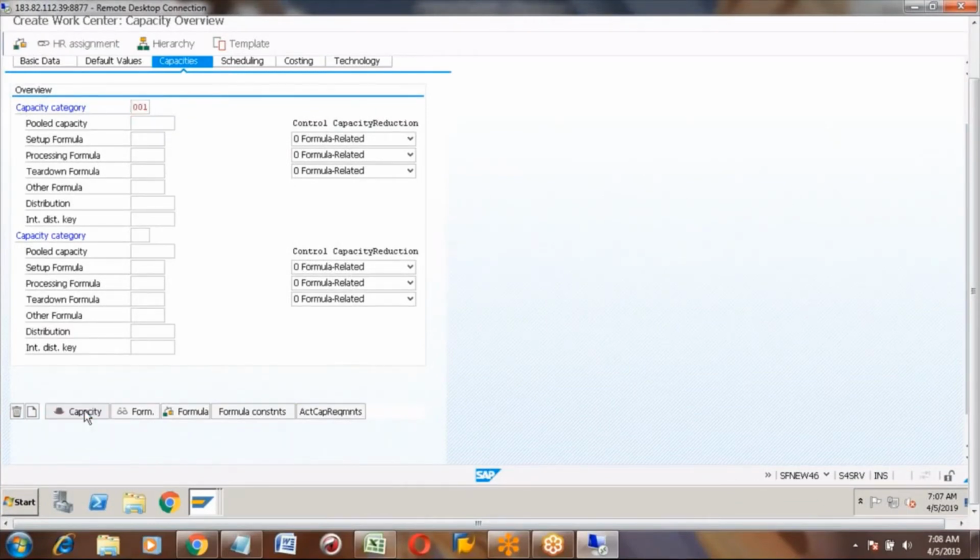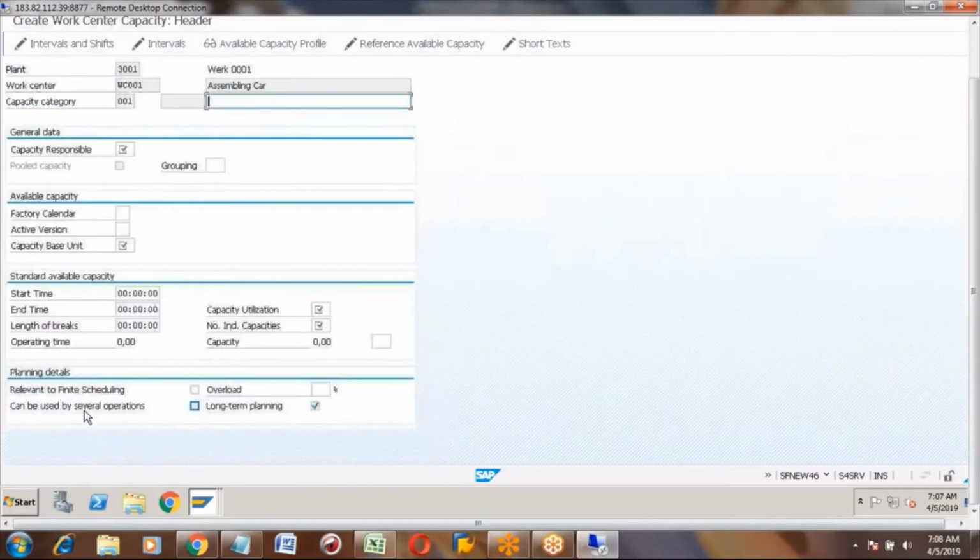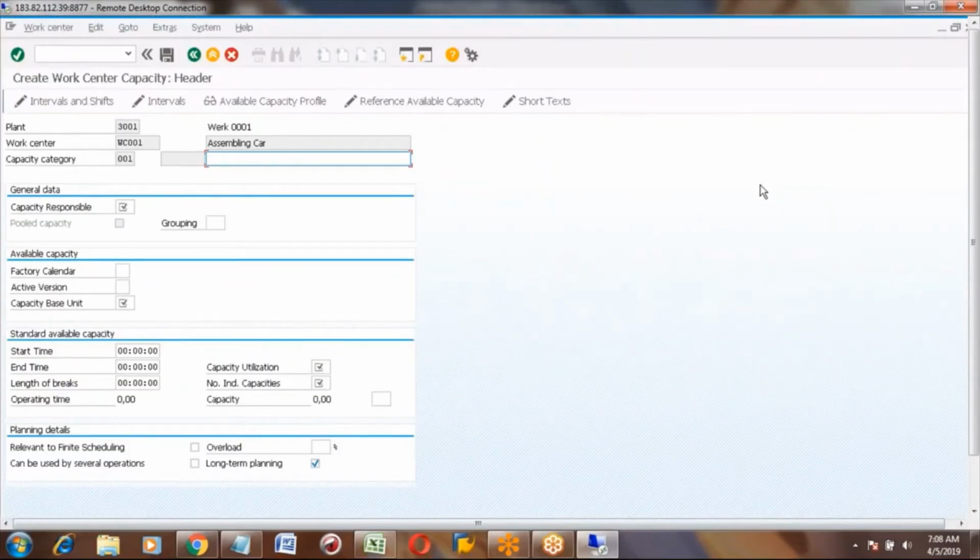This is important. Now you can see it opens the screen, create work center capacity header. Let me know once it is showing to you.